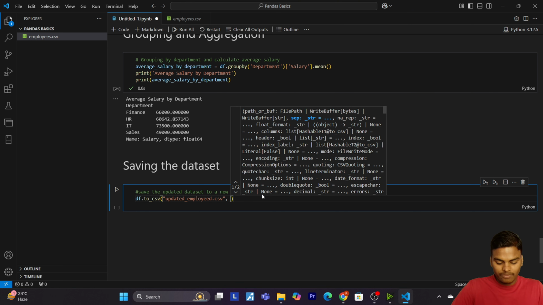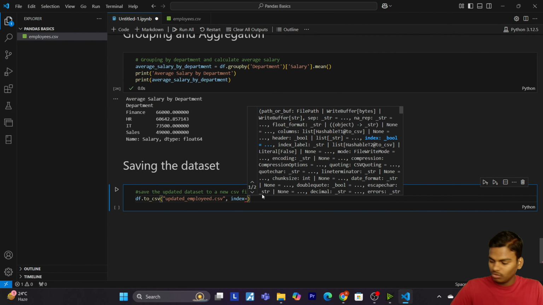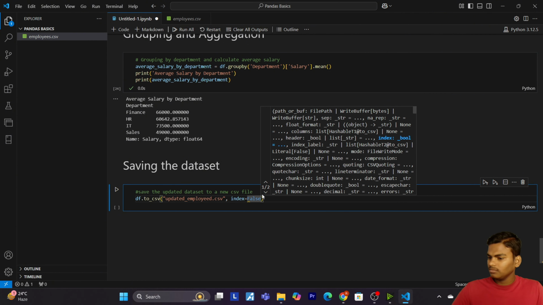Then comma, then after you have to pass index equals to false, okay?